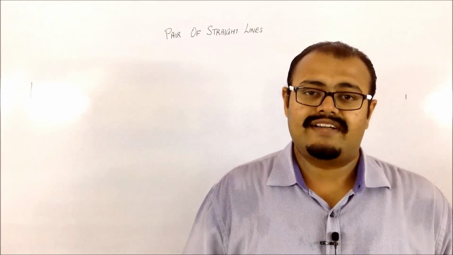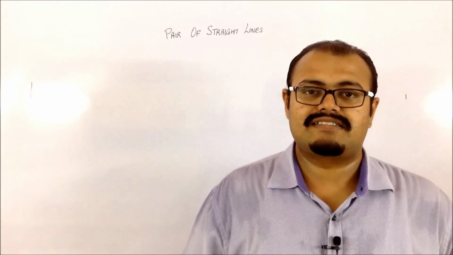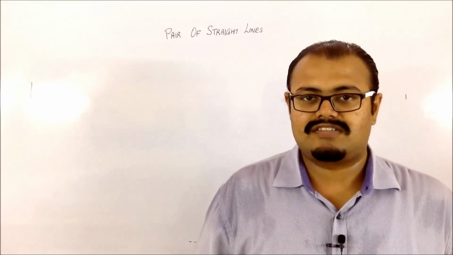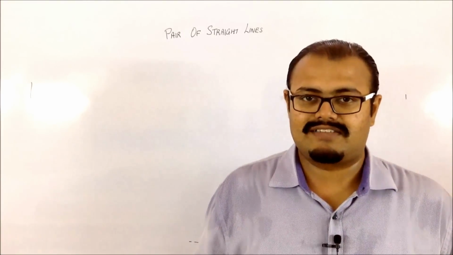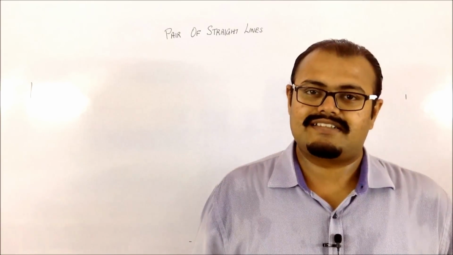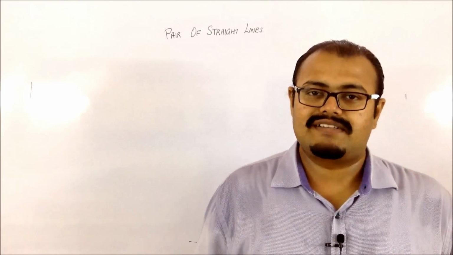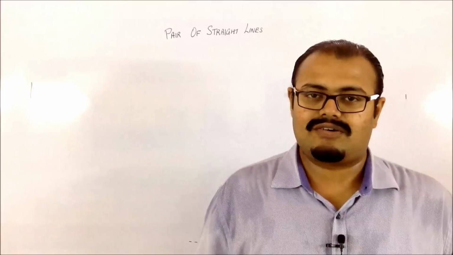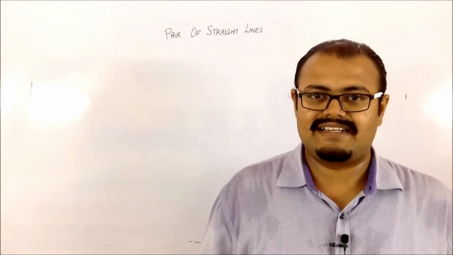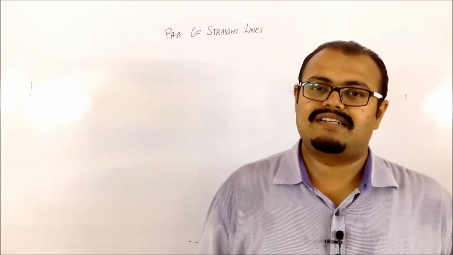In this chapter there are quite a number of things to be remembered, that is how to find the pair of straight lines, then what is the general equation of pair of straight lines, then what are the different types of lines so that you will be able to generate the general equation, and what is the angle between those pair of lines and all that. So there are a lot of things to remember. So let us try to recollect what are the things which are required in this.